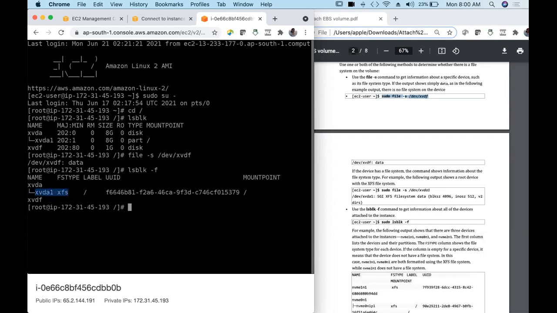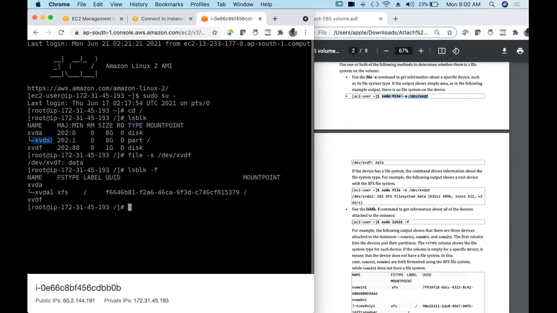Here only the type of the mount point is there, but you see this is xvda, and then as I said, the operating system internally calls it with a different name.